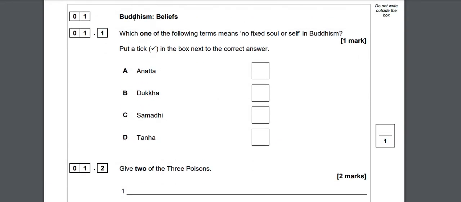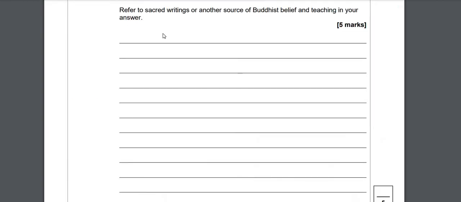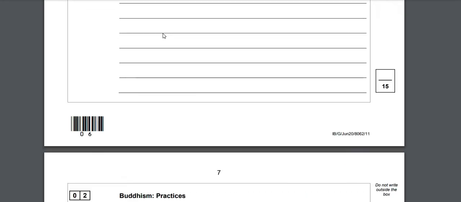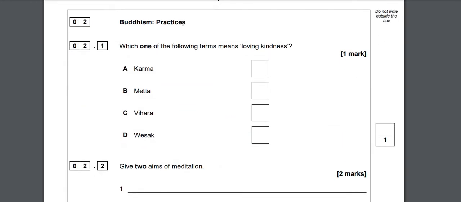So the beliefs section comes first, and then when you scroll down past the 12 marker, you'll see the practices section for both Christianity and Buddhism. So this is the section we're going to focus on today, and we're going to focus on in this video the 4 markers and the 5 markers. Okay,